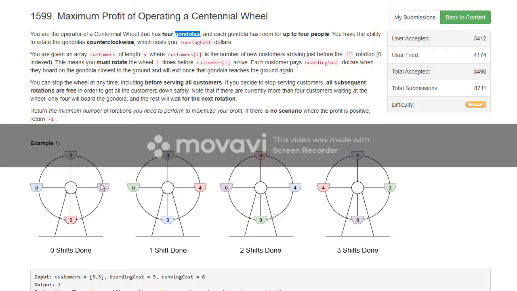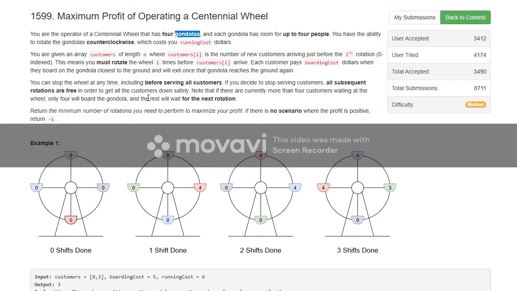So every time we rotate our wheel, if we have our gondolas filled, we will definitely have maximum profit. What can happen is that you don't have enough people to fill the gondolas, but you want to always fill the gondolas with the maximum number of people possible.